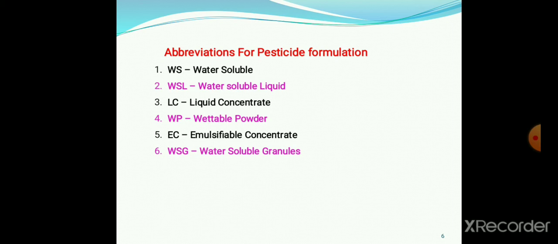Then WSG. What is WSG? It is water soluble granules. These pesticides can be in granule form and are water soluble, and hence the name WSG, water soluble granules. Next is DS, that is soluble dust. What is this dust? If the size of that particular pesticide is very small, that is, it is in a very powdered form, then it is called a soluble dust, which is easily soluble. Next is LO. L stands for low, O for odor, that is low odor formulation. It is an abbreviation given for LO.